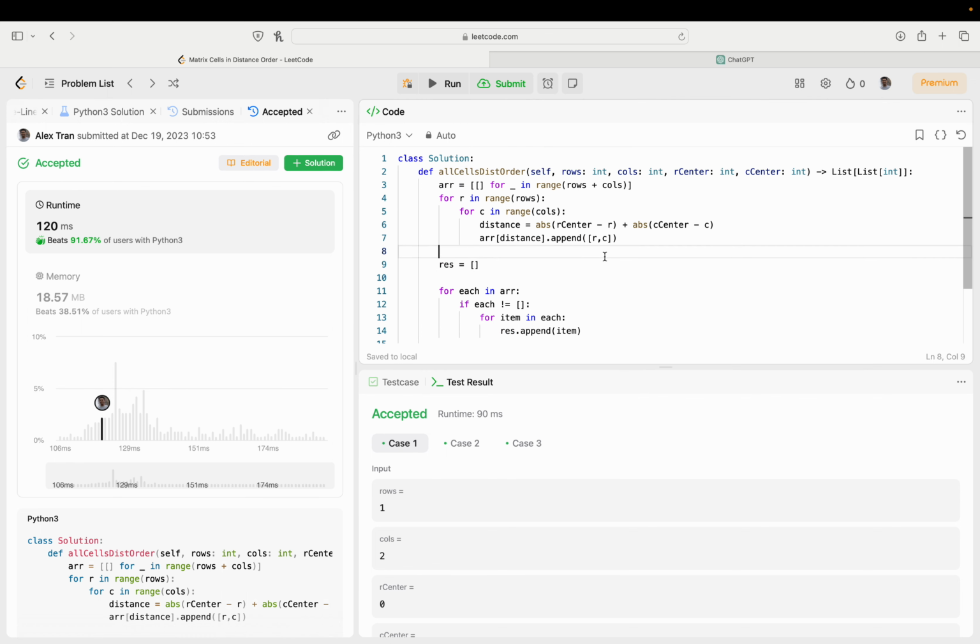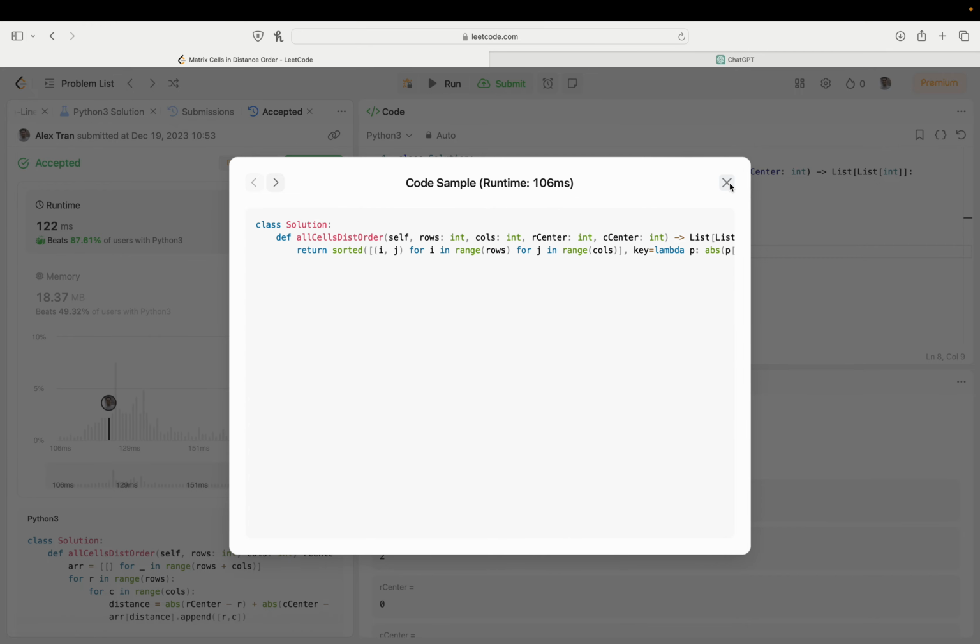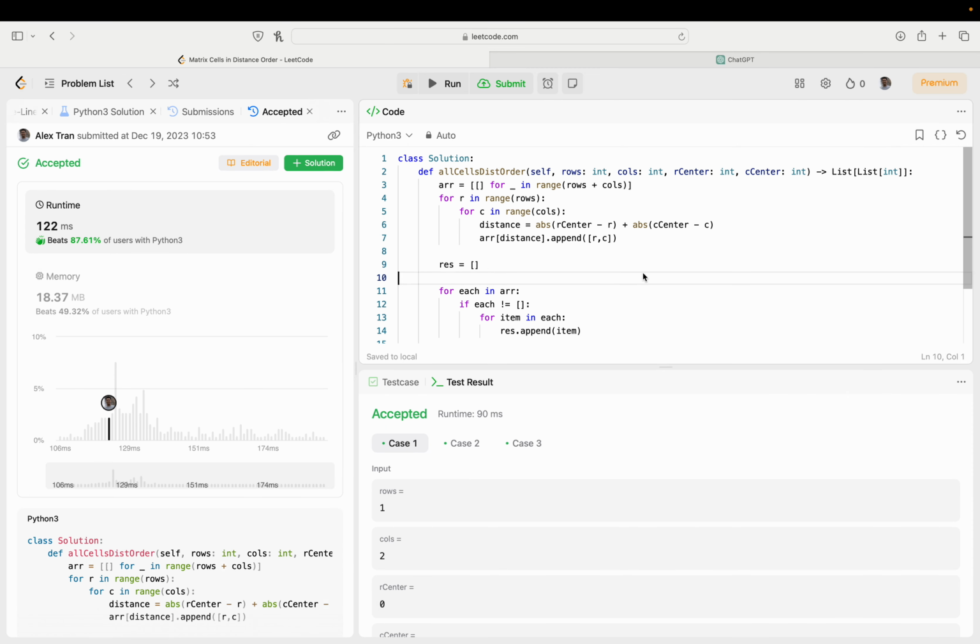Now how can I make this faster? I'm gonna run it again. 130. Come on. Give me a break. That's gotta be faster than the O(n log n) sort. I don't know why this is faster. That is O(n log n). What if we